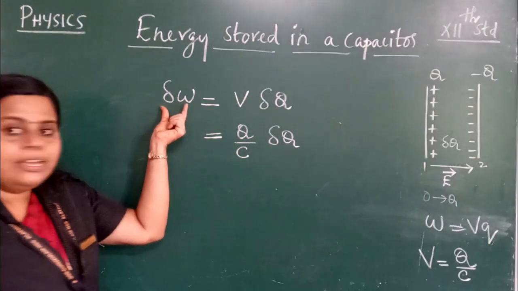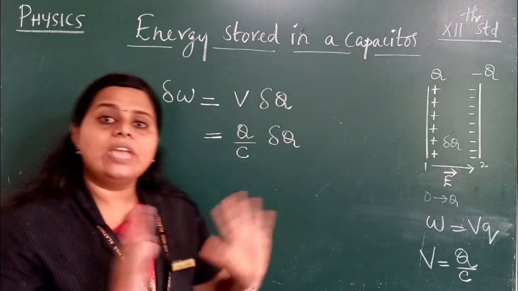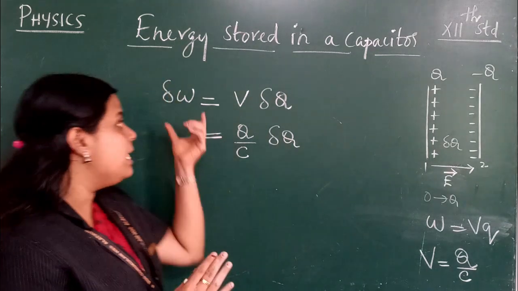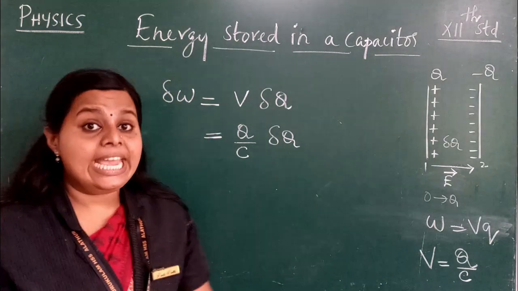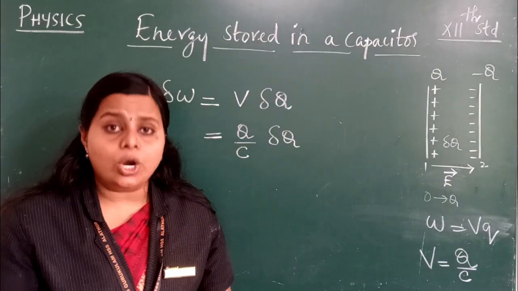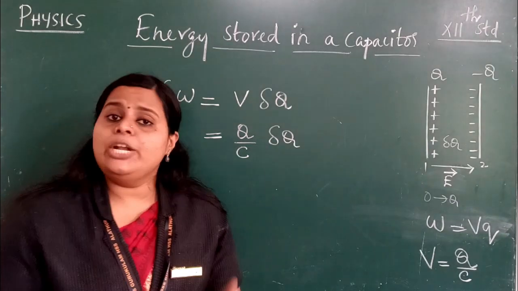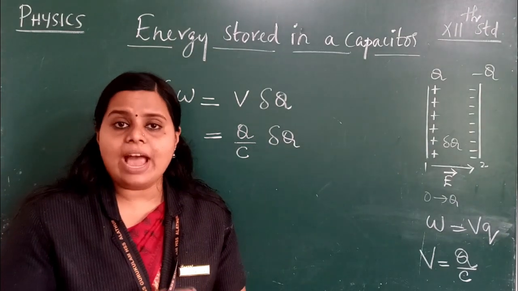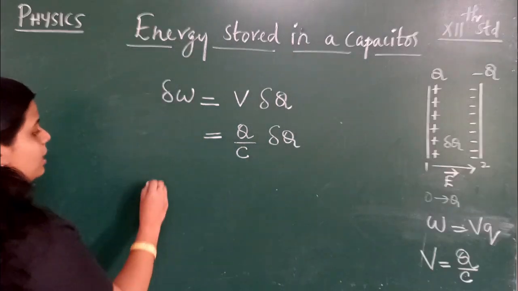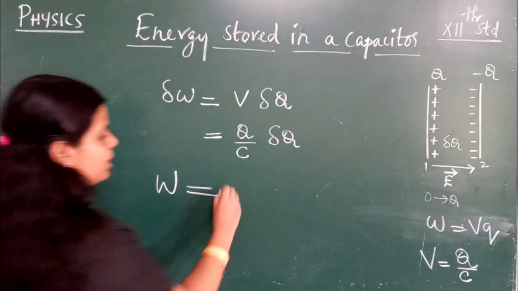Okay, so here we have the expression for the small amount of work done, but in this case we have to calculate the total work done. Okay, our total work done കണ്ടുപിടിക്കണമെങ്കിൽ എന്ത് ചെയ്യണം? Yes, we have to integrate this. Now listen children, in order to calculate the total work done, ഇവിടെ നമുക്ക് ചെറിയൊരു amount of work done ന്റെ എക്സ്പ്രഷൻ ആണ് ഉള്ളത്, but in order to calculate the total work done, what we have to do is we have to integrate this expression. So the total work done W is equal to, എന്ത് ചെയ്യണം? total work done പറഞ്ഞാൽ integral